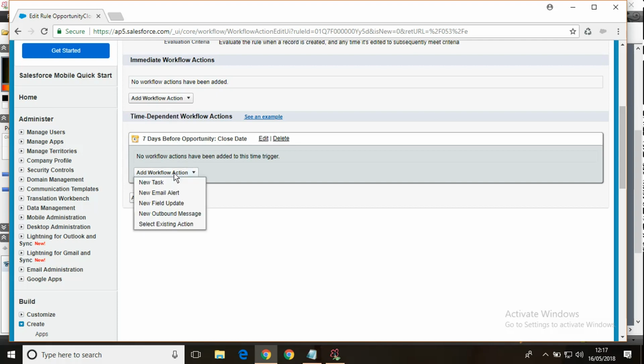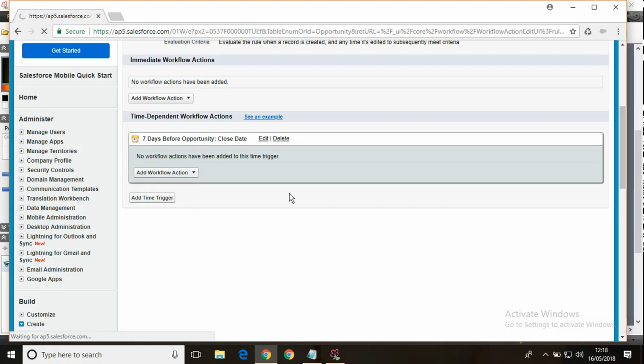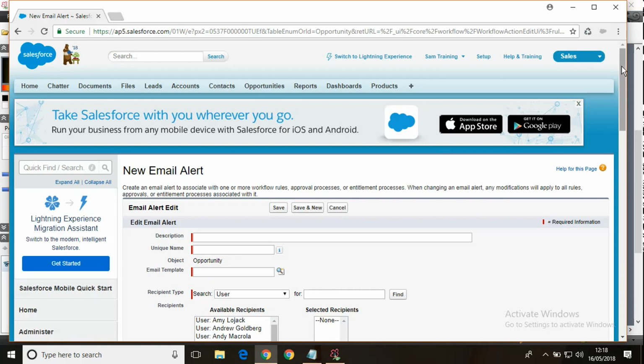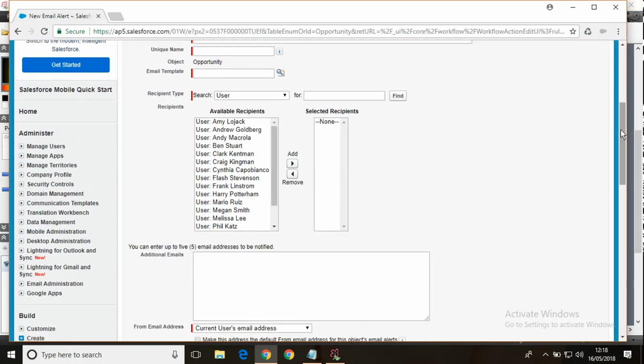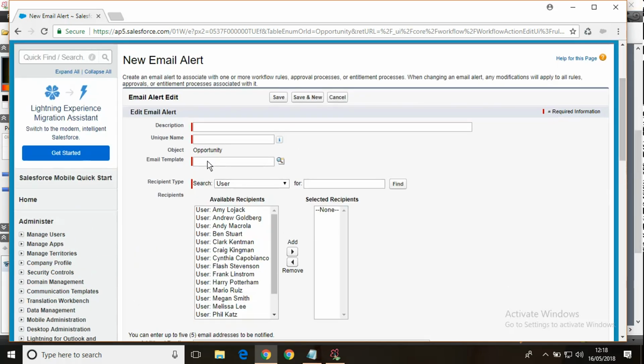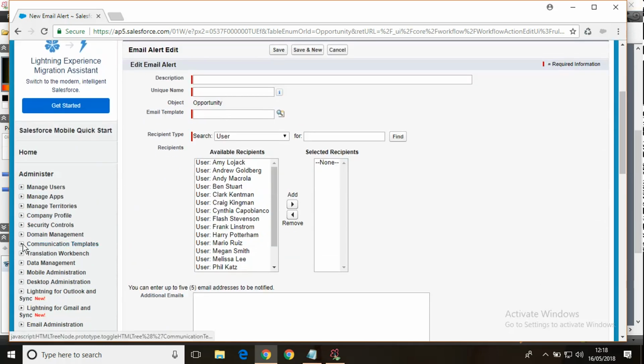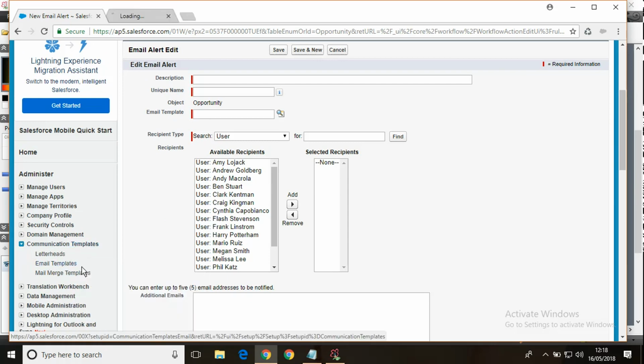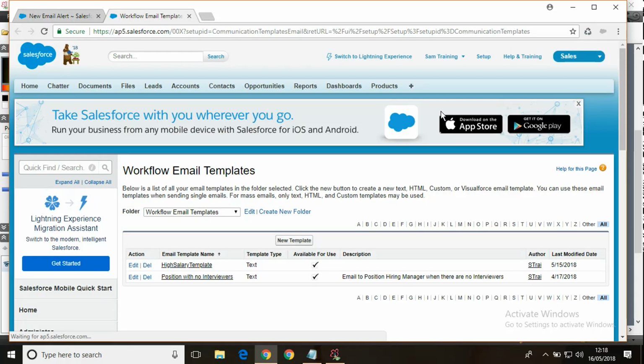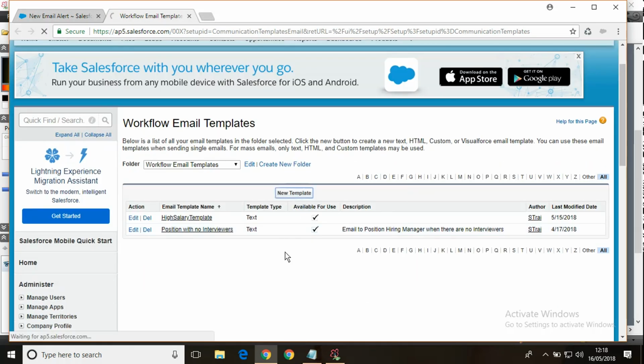So it will be email alert. And now I will need the communication template. As you know, you have to browse for this communication template. So let us create a communication template. Let us create it.